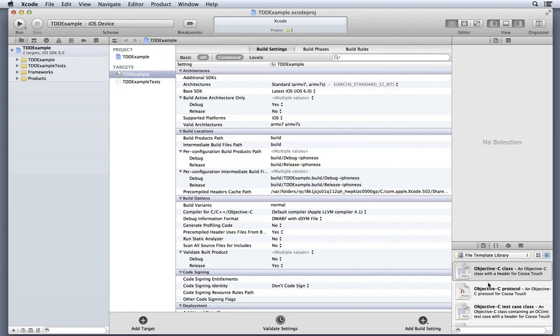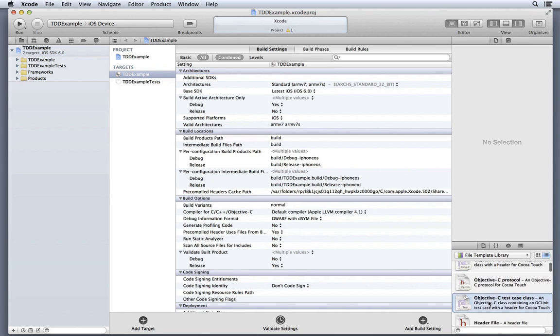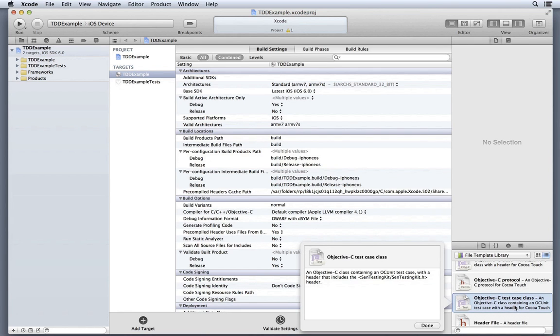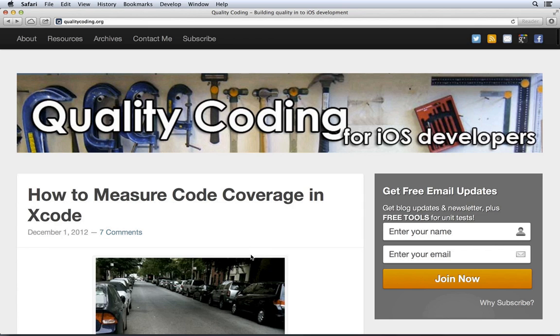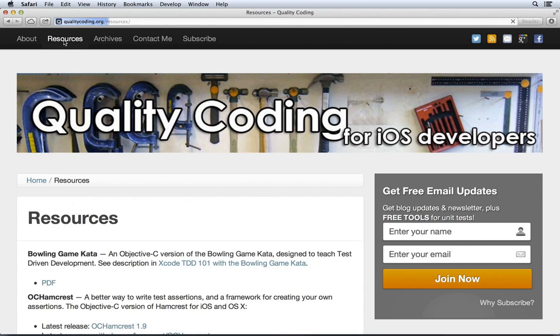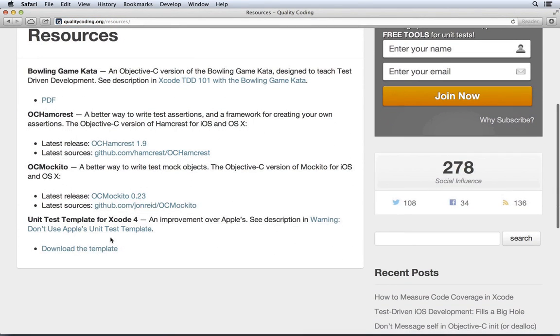Now, since I don't like Apple's template for test case classes, what do I do? The answer is go to qualitycoding.org and click on Resources, and then scroll until you find the unit test template. That's mine. Download it.